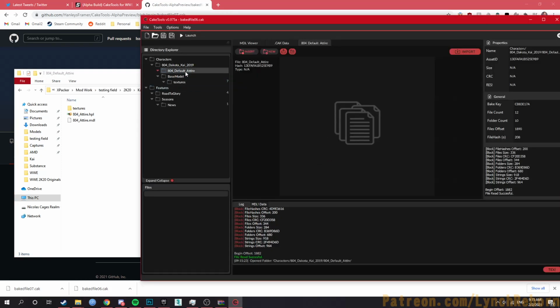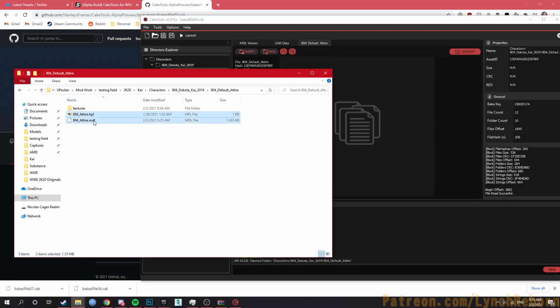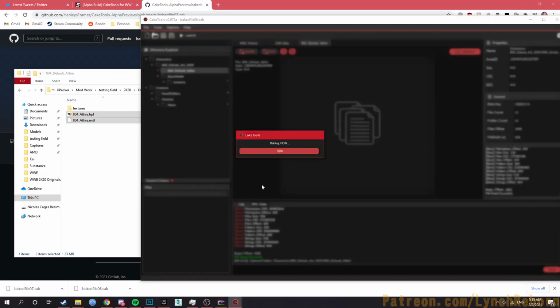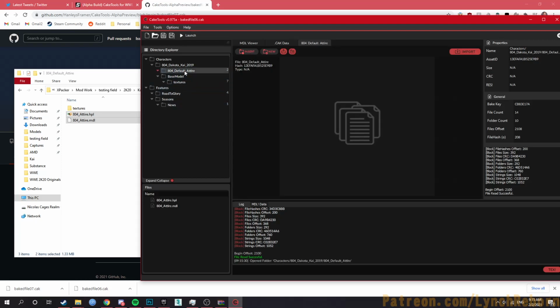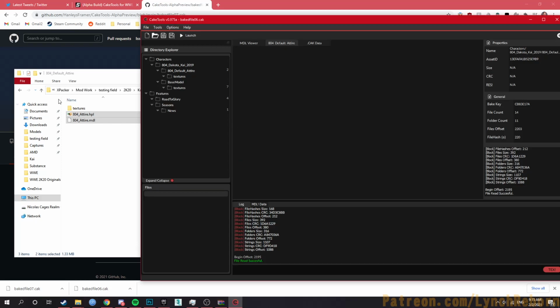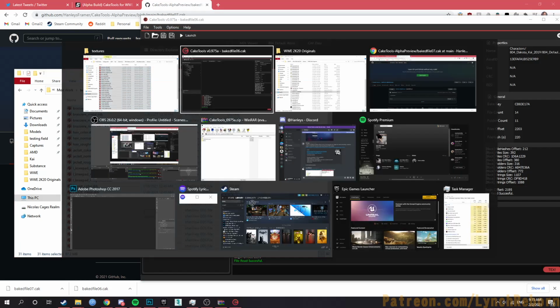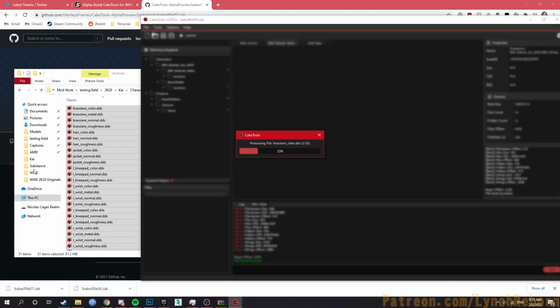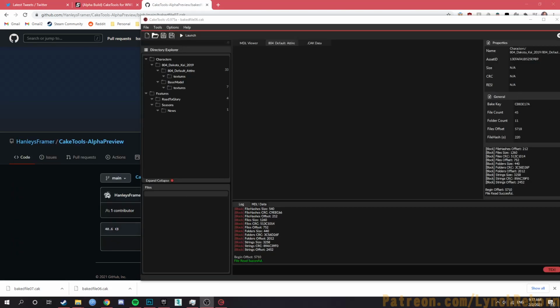So in the attire folder, double click it and import model and the masking. Inside attire, textures, import all the textures. It'll take a second, the amount of textures you have to import. So while you're doing that, I'm just going to pause the video. Okay, so now that I have everything imported,